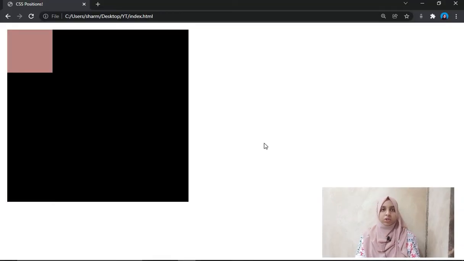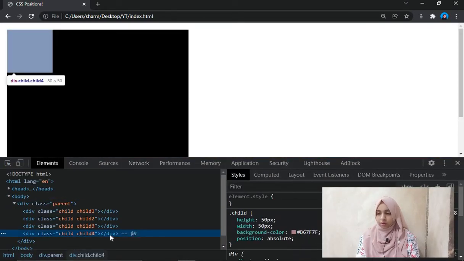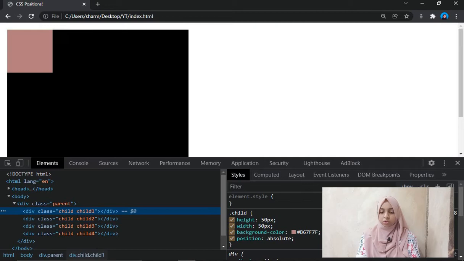Can you see the difference, what just happened? We had the divs all one below the other, right? But as soon as I gave it a position of absolute, they started to overlap each other. We have 4 divs over here, but they are overlapping each other. Let's see in the console so that you understand. Can you see the 4th div, same, 3rd div, even if I hover, it's in the same position, 2nd div also and 1st div also. This is because of the position absolute.